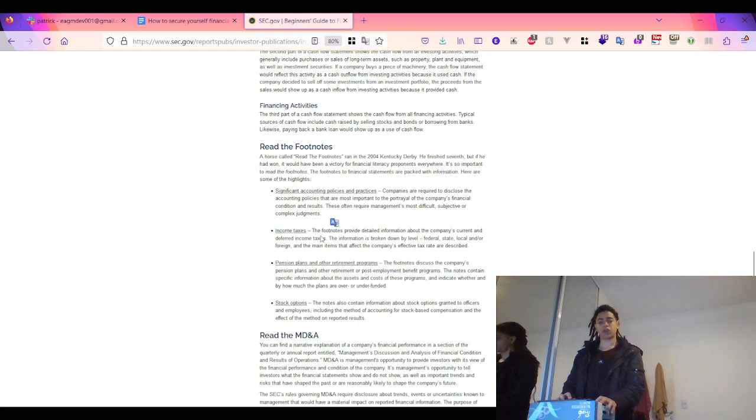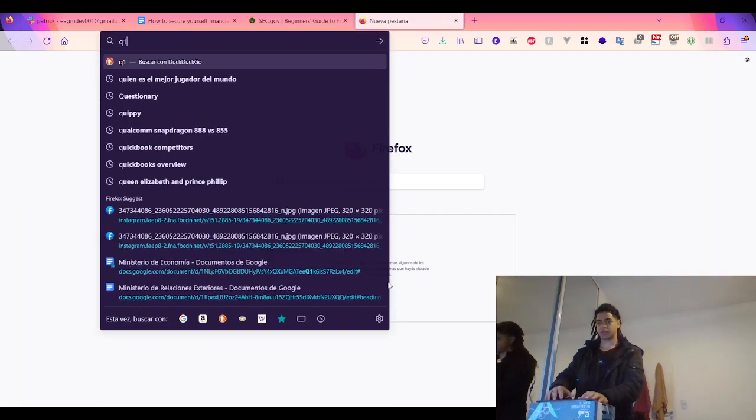Income taxes are discussed in fine-grained detail, with information about local, state, federal, and foreign taxes, as well as deferred income taxes, pension plans, and other post-retirement programs. This section discusses this in detail. Apple discussed that much more in their 10-Q.